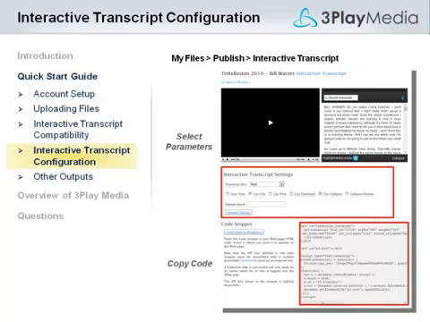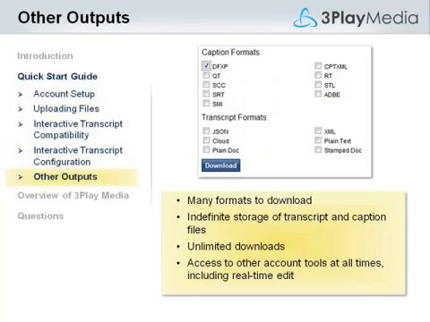So if you dig in to the code itself, you'll see references to a particular file ID and an API key. These are unique to your account and can be referenced within the account, but it's a way so that the code is actually replicable very, very easily from page to page, and all you're doing is changing the file referenced. In general, when files are complete, you also have access to many different transcript and caption formats that you can download at any time.